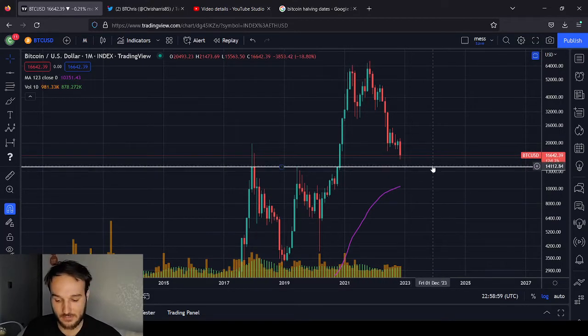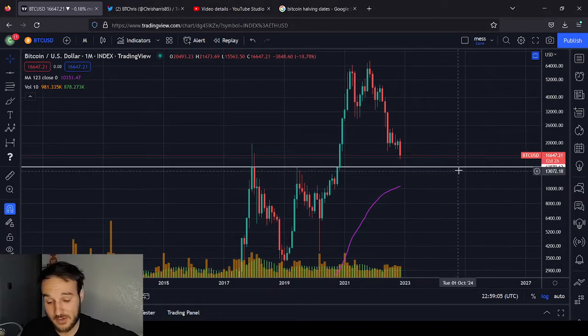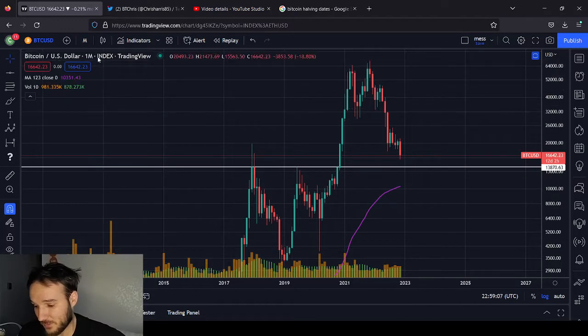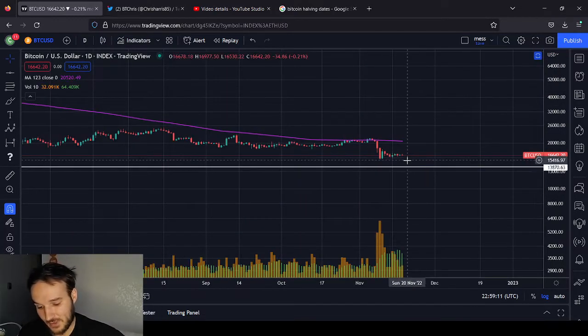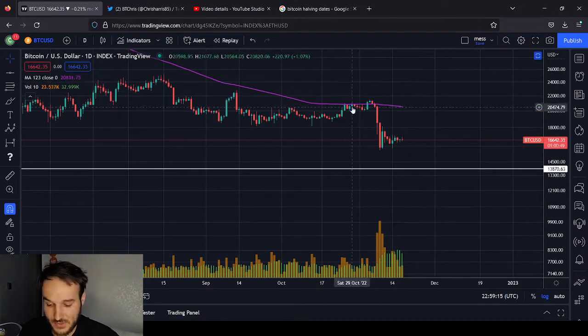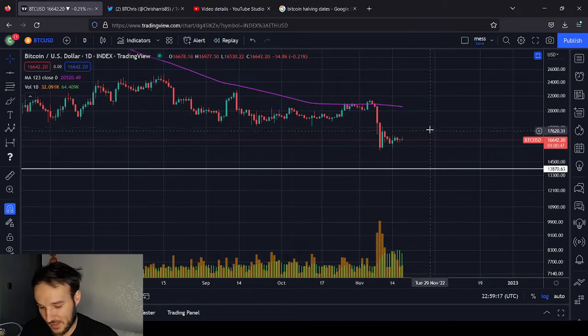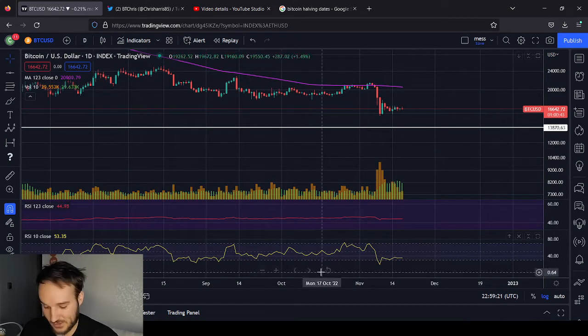Honestly, I'm really looking forward to this level, and I personally would like it if it happens sometime next year, so I could have more time to prepare financially. But something's telling me we might get that any day now. It could happen, and maybe it doesn't. Maybe we actually go higher. I'd love to see that. I'd like this down move to play out longer, but I think we might be getting there, guys. That's all I got to say.